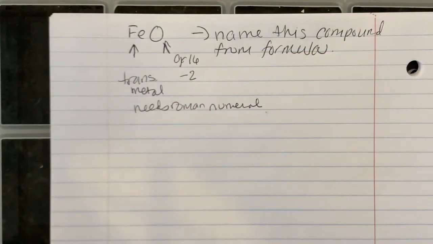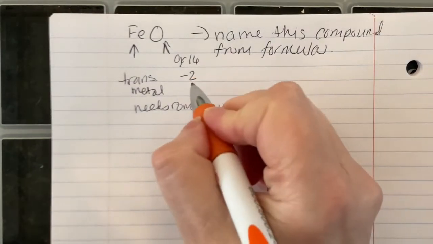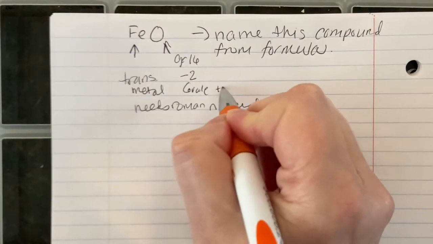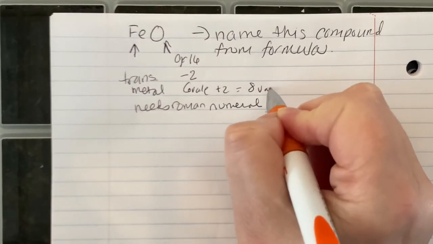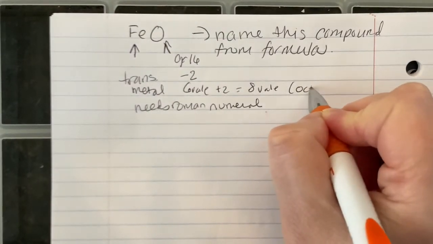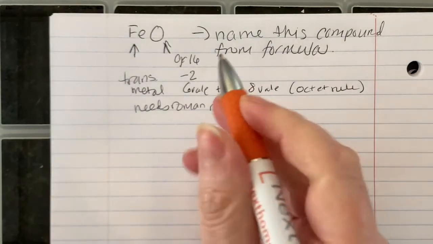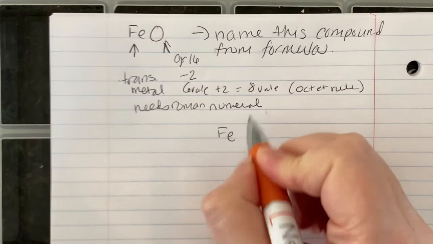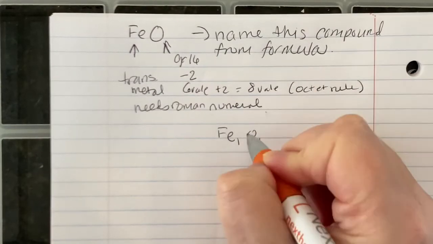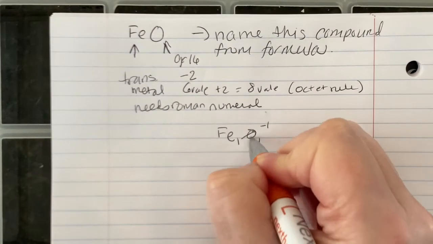It's 2 short electrons away from being a noble gas because it has 6 valence electrons and it wants 2 more to get 8 valence electrons to meet that octet rule. So when we're looking at FeO, the rule is that you're supposed to do reverse crisscross. But when I reverse crisscross these guys,